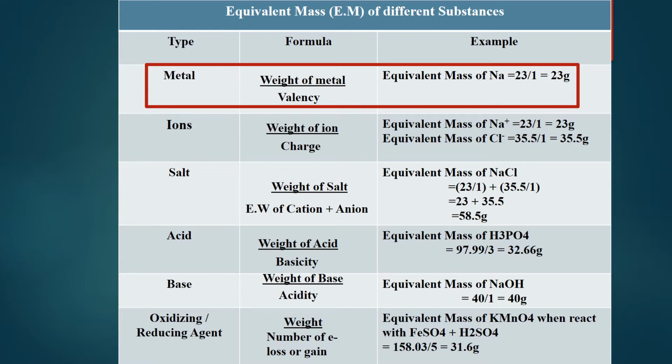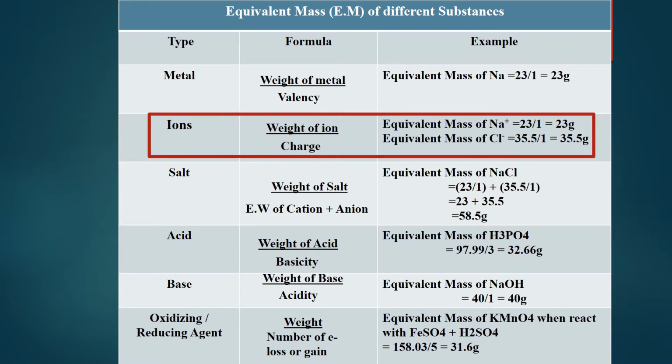For calculating equivalent mass of an ion, find out weight of ion. Also note down its charge. By dividing weight of ion by its charge, you can get equivalent mass of any ion. For example, for finding equivalent mass of sodium ion, divide 23 by 1. As 23 is the atomic weight of sodium, and 1 is its charge, so the equivalent mass of sodium ion